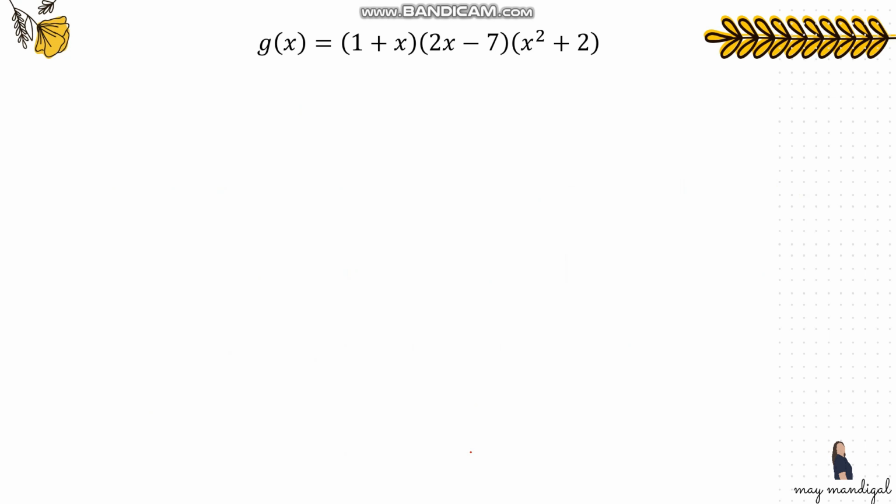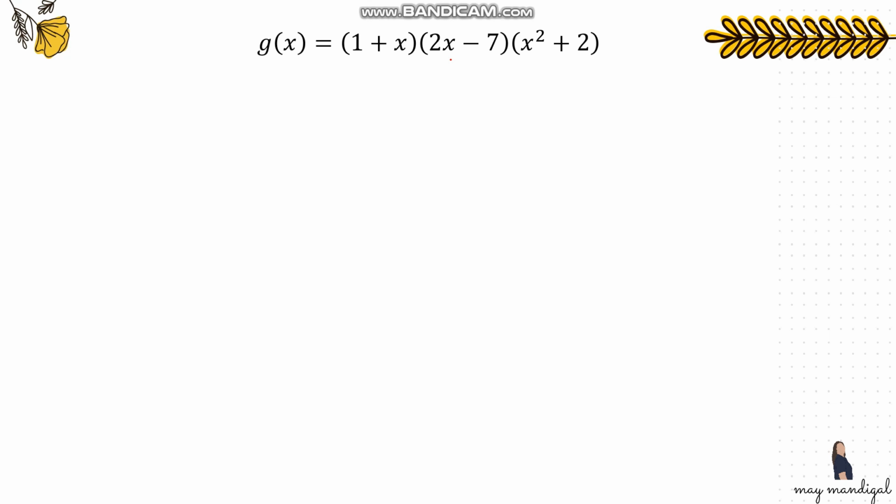And for our last example, let's say we have g of x equals quantity of 1 plus x times the quantity of 2x minus 7 times the quantity of x squared plus 2. Now, as you notice, we have here three terms, three binomials. And as what we remember with the product rule, it can be applied if we have two terms being multiplied together. Now, to do this, you have a lot of options actually. You can choose any pair and multiply it,